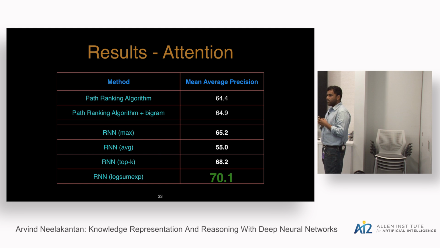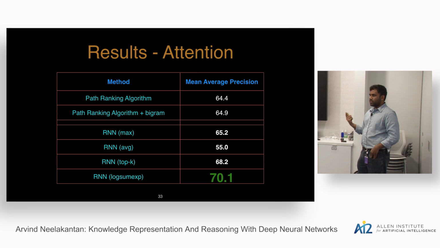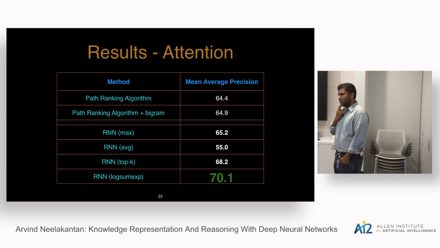Does it make sense to compare this head-to-head with the universal schema? Yeah, we have the numbers in the paper, and I don't remember them off the top of my head, but I think the performance is in the 50s, because it's performing reasoning only on one hop as opposed to the whole path. Yeah.